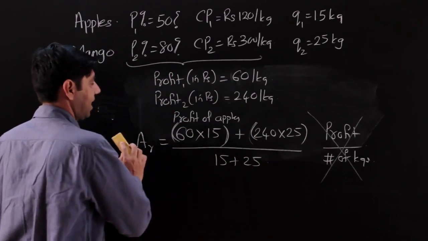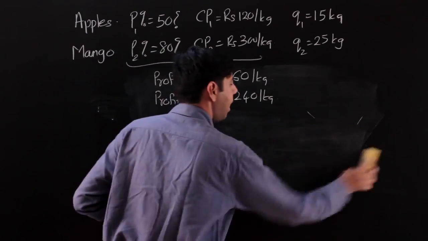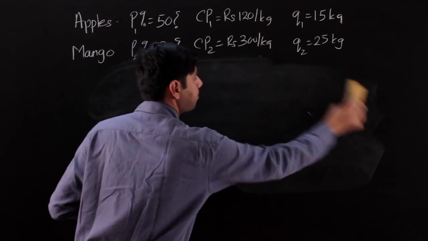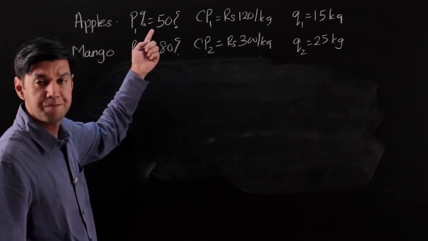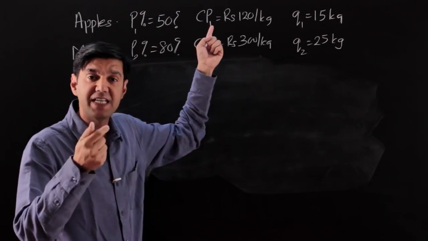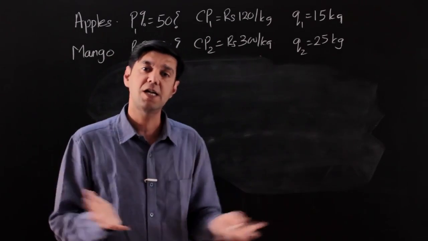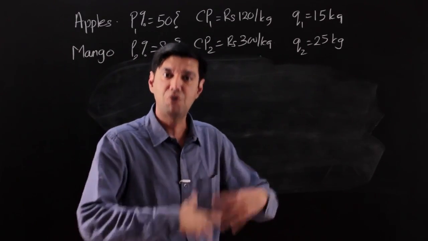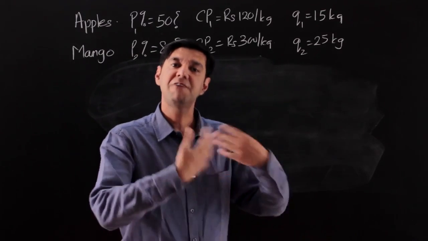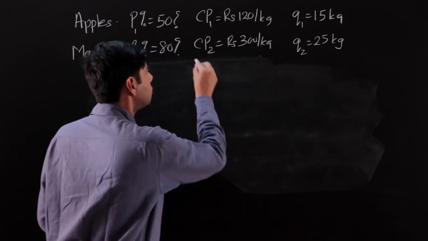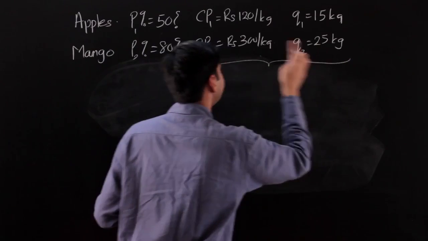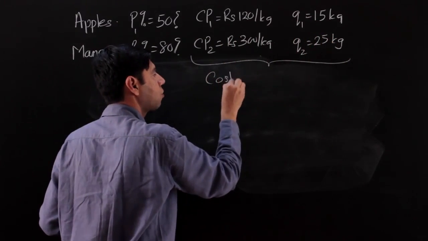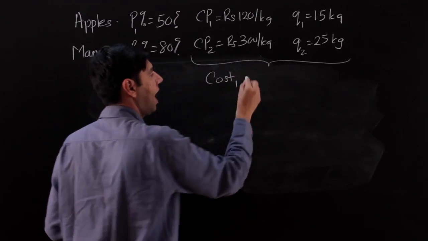So what is the correct answer here? You can continue with this, but one way is, here the profit 50% is not of the cost price, it is 50% of the total cost. Whatever is the fruit seller's cost invested, amount invested in apples, he will make 50% of that amount. So I am converting the cost price and kgs into the cost. So the total cost incurred on apples